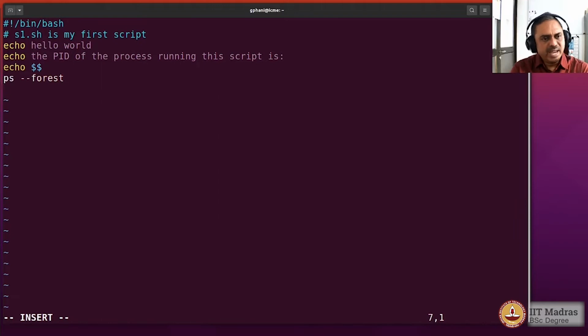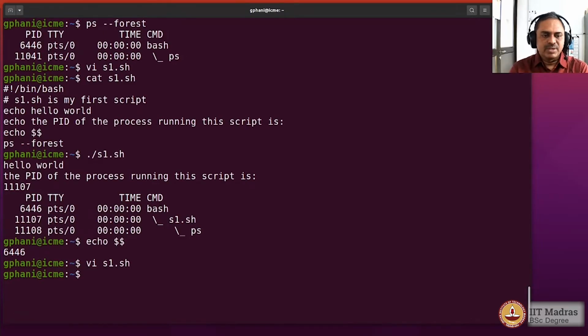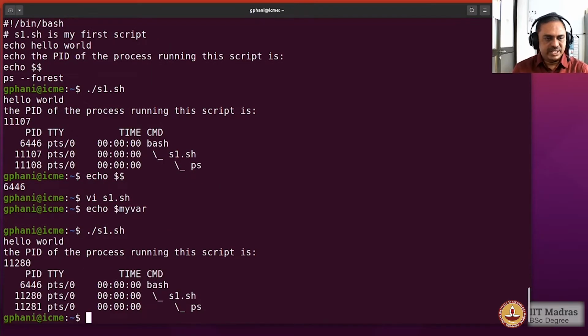So I would create a variable here. So my var is equal to, let us say, some string, and I would like to export it so that the variable is available with any other shell after it. But we would see that if you see my var, it's empty. I type s1.sh, it is executed,